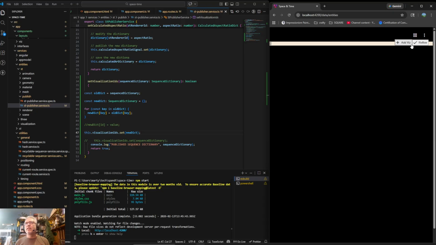Did we not add anything? I don't think, maybe I did. So now we have 7 things, right? And if we add again, we have 14 things, which I think makes sense. But the thing is we have to go through this process of creating an old dictionary and then a new dictionary and all that, which I think is sort of not